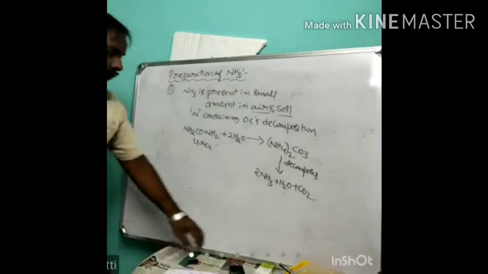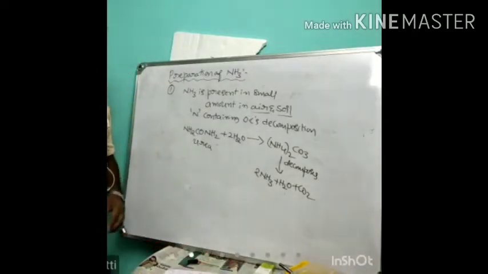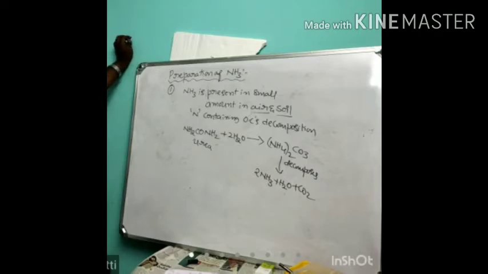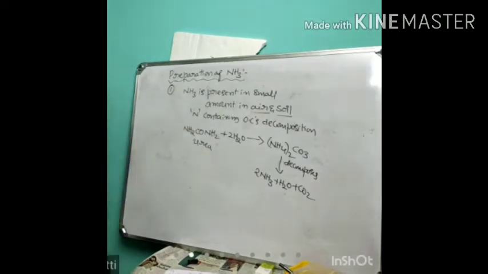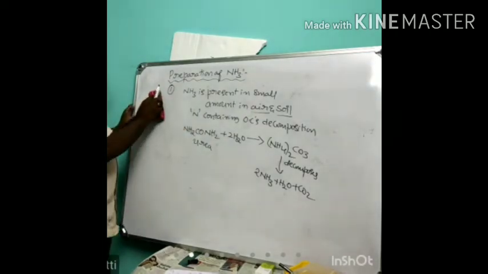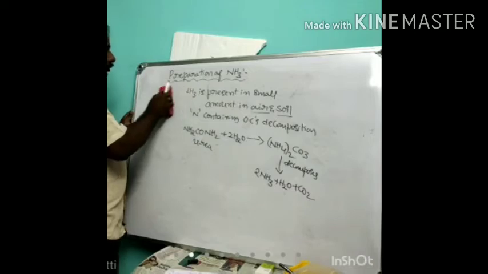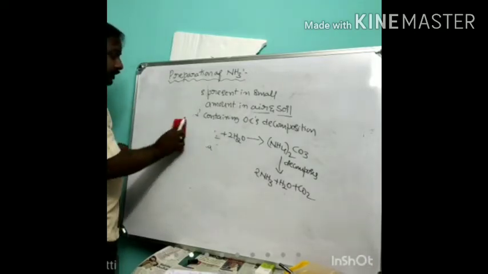So this is one of the methods for preparation of ammonia. Ammonia is present in small quantity in air and soil. The reason for that is the decomposition of nitrogenous organic compounds like urea. This is the first method. And the second method,